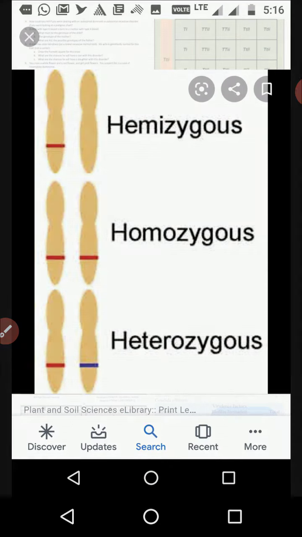So one chromosomal structure, or one factor, or one trait, or one allele comes from one parent, and the second factor, second trait or second allele comes from the other parent, and together it is called heterozygous. Clear? And another word I want to inform you of is loci. It is also called loci.